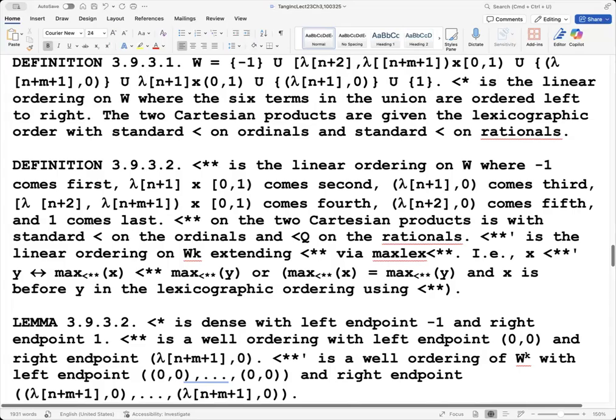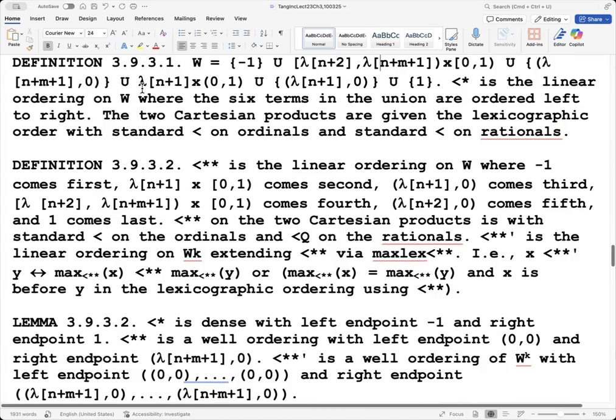And the second thing we have from left to right is this left closed, right open ordinal interval, the endpoints being indiscernibles, ordinal interval cross 0, 1. This is to make things dense. Together with also this stuff, lambda of n plus 1, m plus 1, 0, this one point,